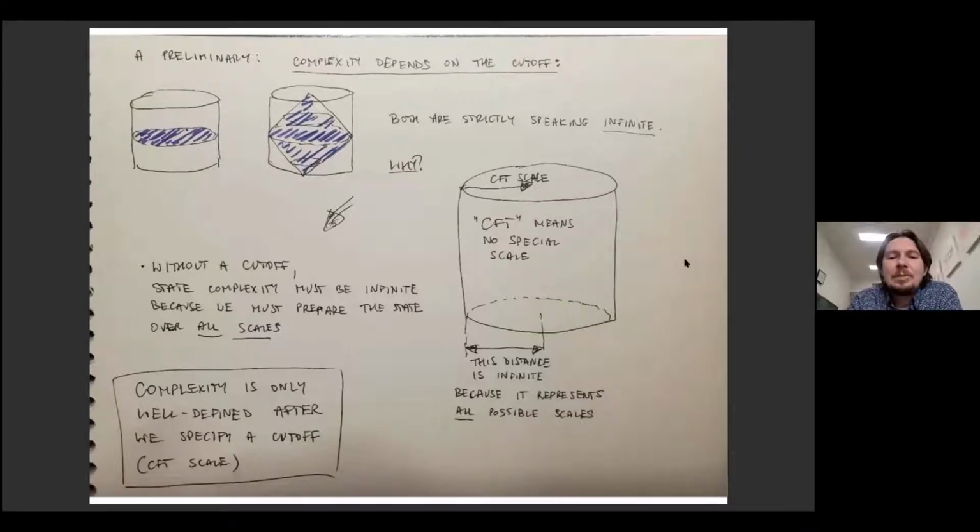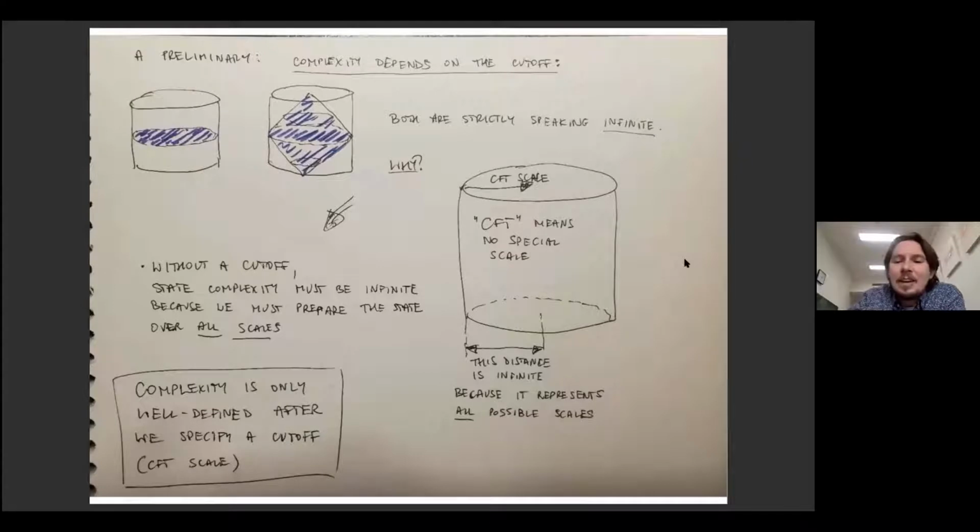Because we're talking about theories which are dual to conformal field theories, and conformal field theories are theories without a scale. That means that all scales in the CFT are on an equal footing. So no matter what complexity means, if I'm going to prepare, let's say, the vacuum state in the CFT, I have to make sure that my preparation is correct over an infinite range of scales because all of them are on equal footing in the CFT. That means that I have to take care over infinitely many details, the details being attached to particular CFT scales.